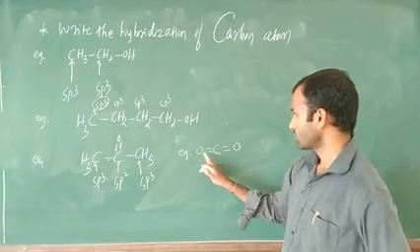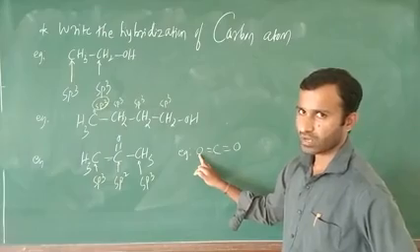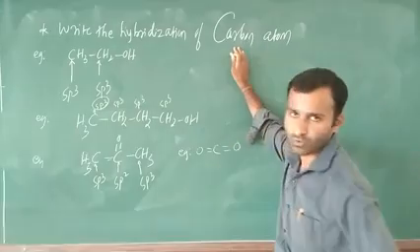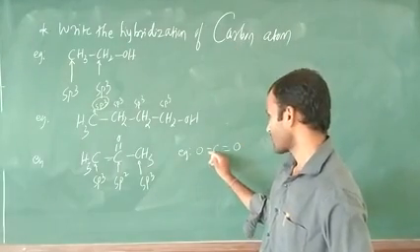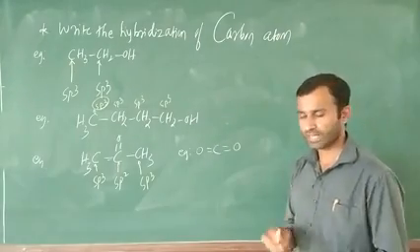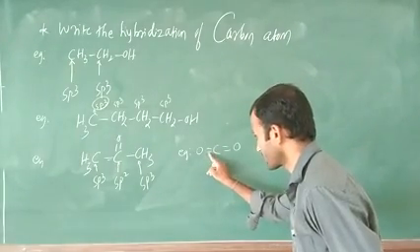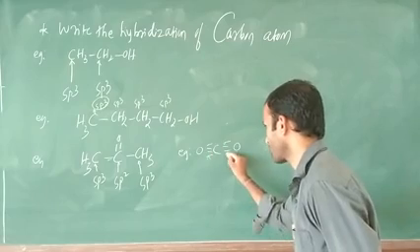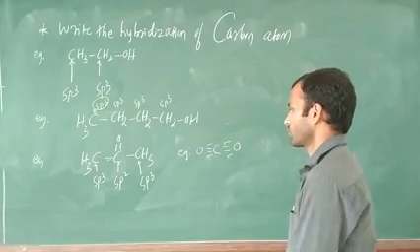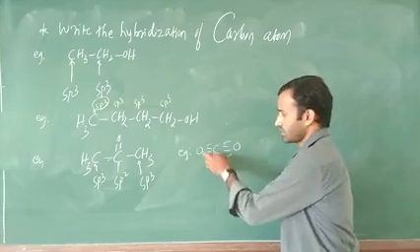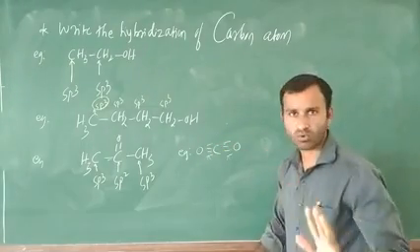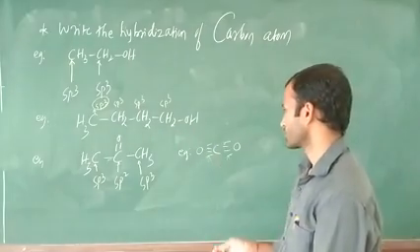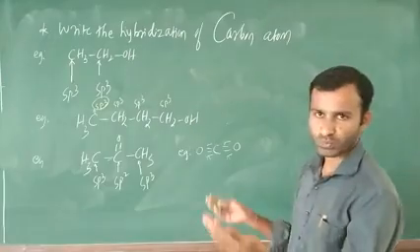Next is C. Don't write the hybridization of oxygen. They are not going to ask you the hybridization of oxygen. They ask you the hybridization of carbon atom. Just here, in this case, this carbon containing how many sigma and how many pi you have to calculate. In this case, 2 bonds are there, carbon oxygen. One is sigma, another one is pi. Next, another one is sigma, another one is pi. Don't worry about, I am going to write here below is a pi, above is a sigma, not like that. Any one of the bonds is sigma, any one of the bonds is pi. In this case how are we going to find out which is sigma and which is pi? It is difficult. With the help of spectroscopy they are going to determine.